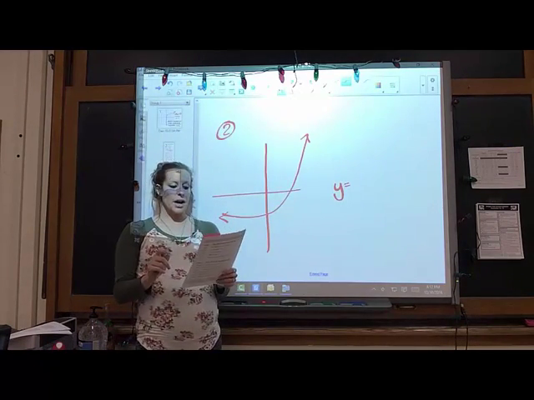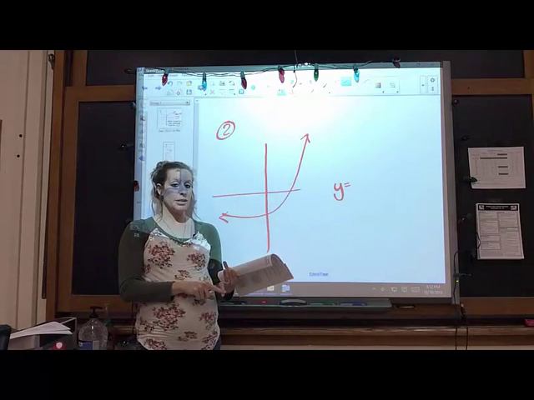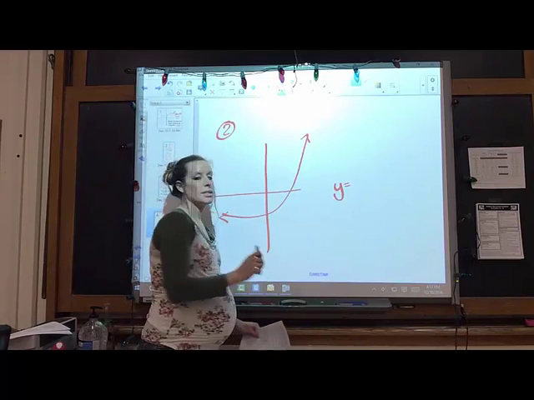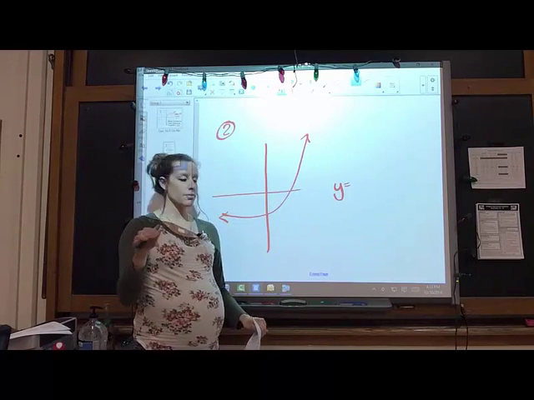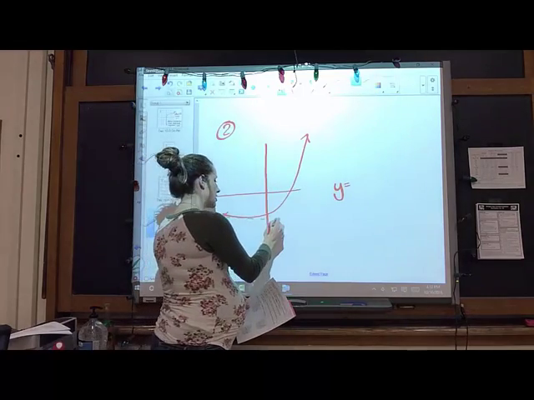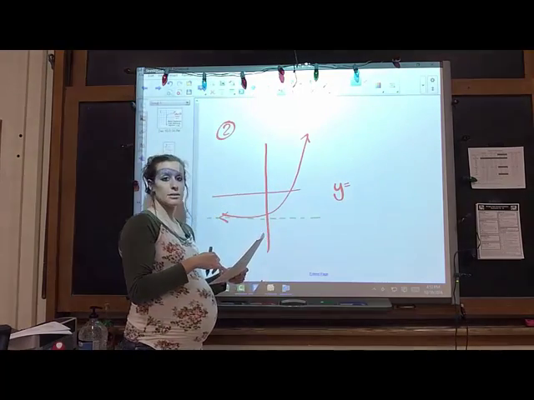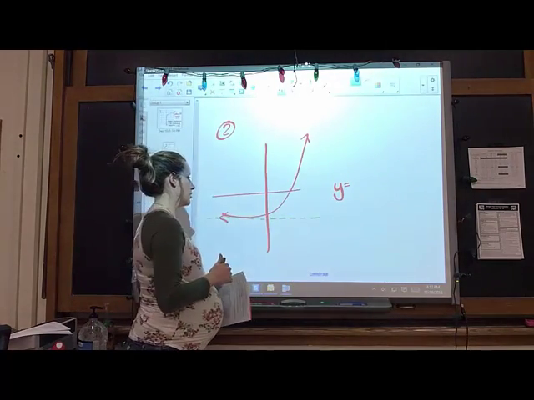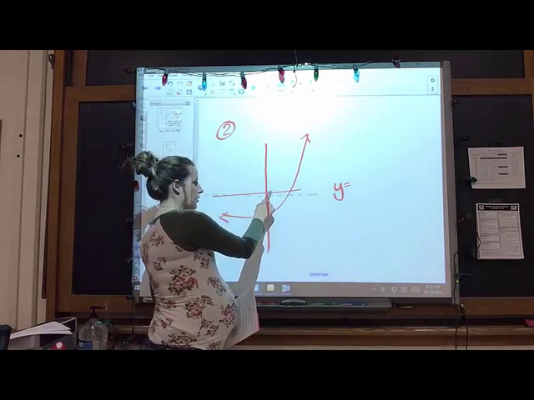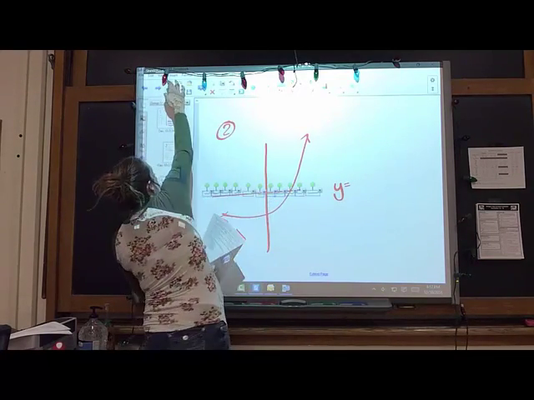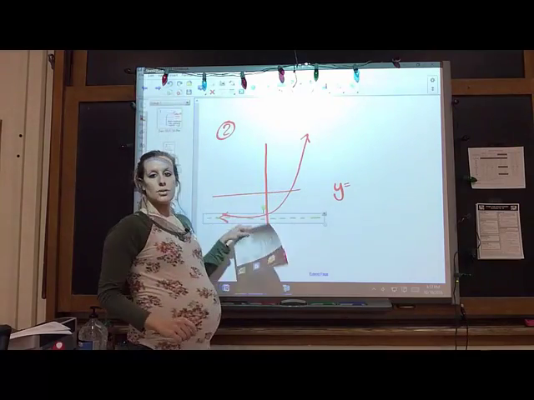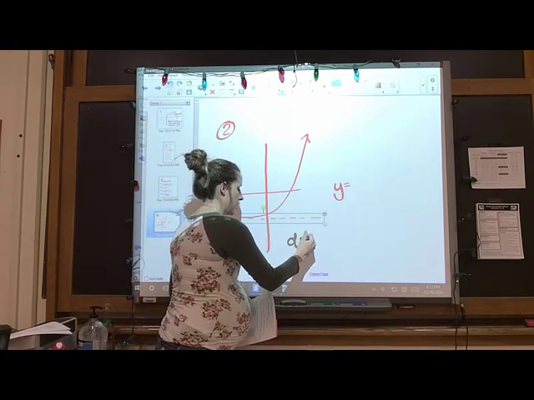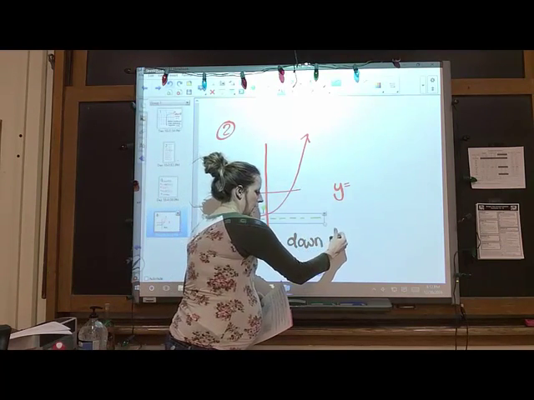First thing you need to do is figure out what type of graph this is. Is it exponential or is it logarithmic? Okay. The way you can tell is exponential has a horizontal asymptote. So you see how it almost touches, what is it, -3? This is your horizontal asymptote. Normally it's at 0, but it got moved down 3. So that's something I would write kind of out to the side. That way you remember. This graph moved down 3.